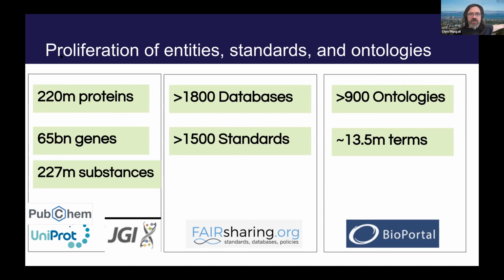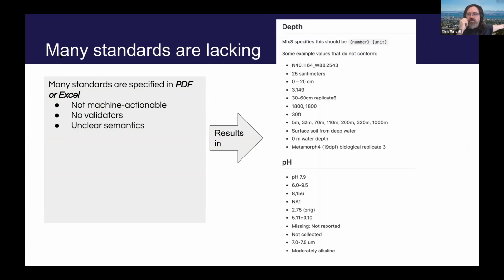So we might think we have this under control, but if you were to actually look at some of our databases, just to pick on the INSDC sample database, which is capturing biomedical environmental samples for metagenomic sequencing, they've got something like 10 million different entries. It normally conforms to one of these standards that are in FAIRsharing. But if you're actually trying to query the data and do some kind of meta-analysis where you look at how